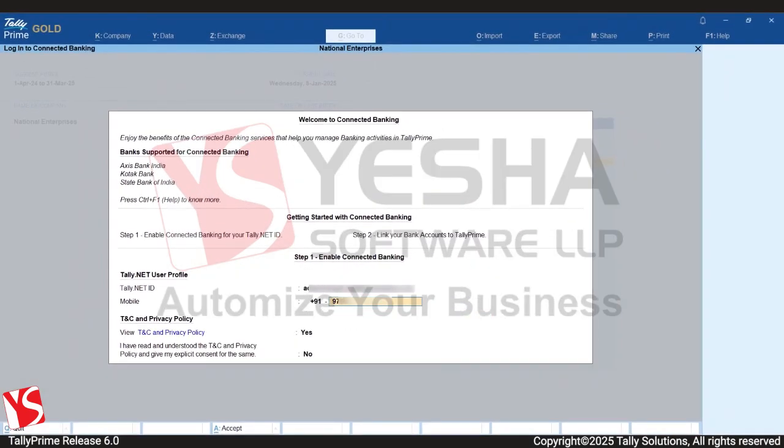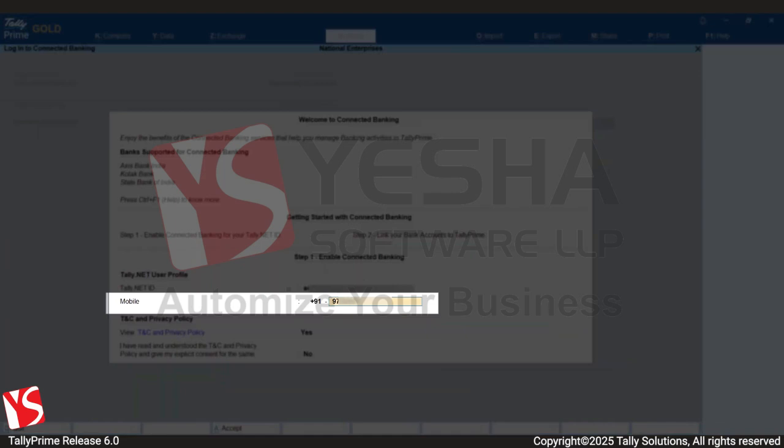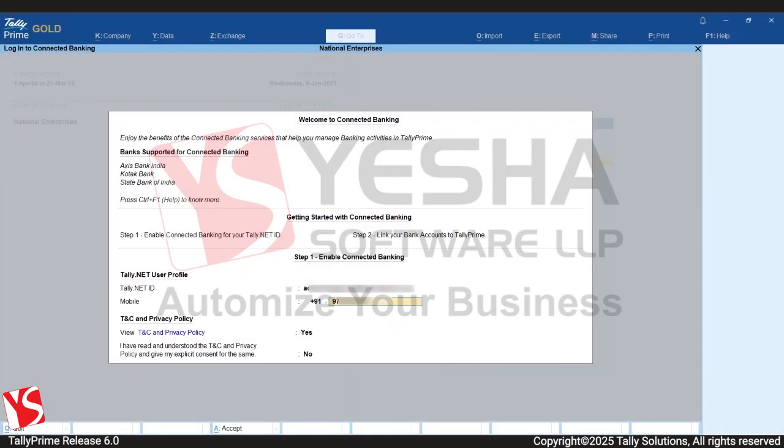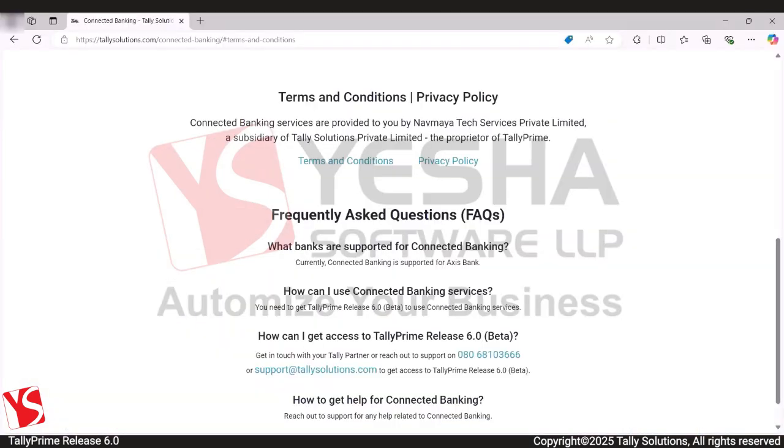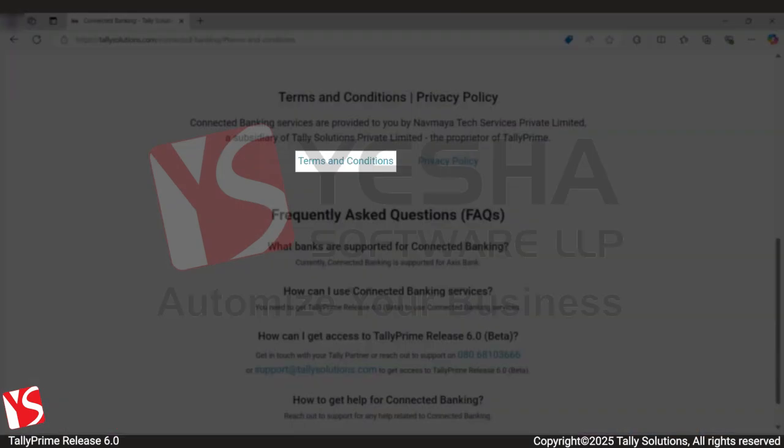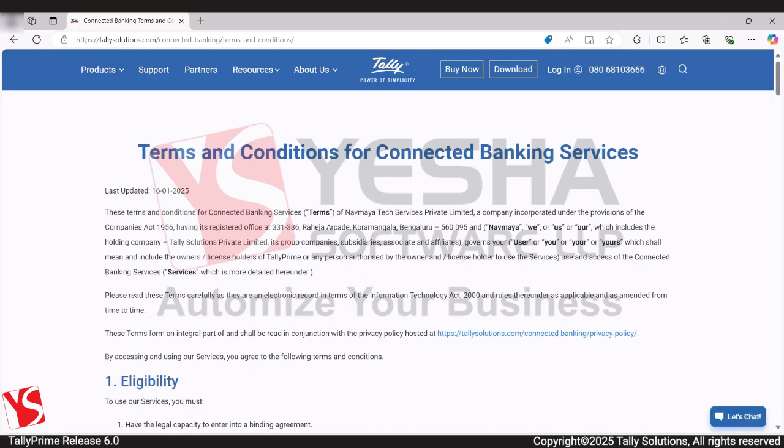Enter the mobile number that you want to link with your Tally.net ID. To view the terms and conditions and privacy policy, you can enable the option or click the hyperlink. The terms and conditions and privacy policy opens in a browser.